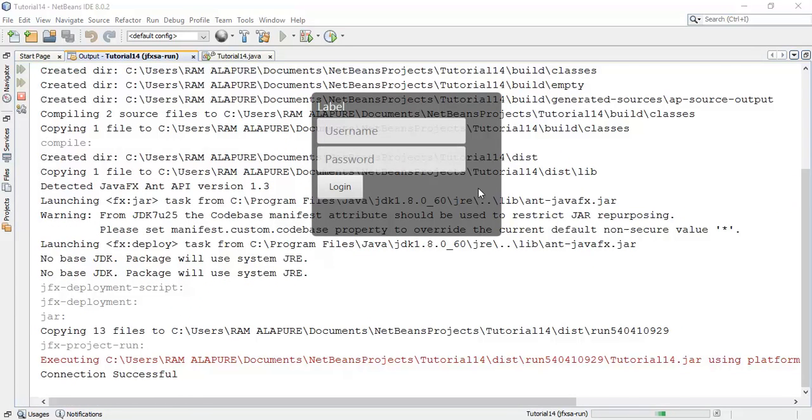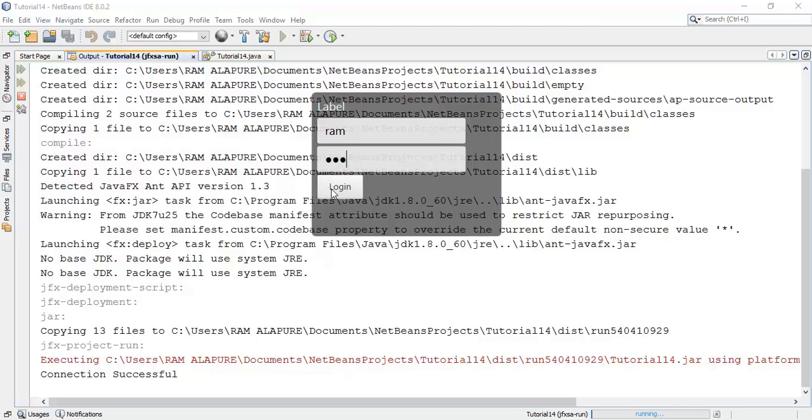So this is our previous window with some fields, and I'm going to check now whether the new scene opens or not. So I am going to use the username and password which we have created in the SQLite database. You can refer to the last few tutorials for this form.